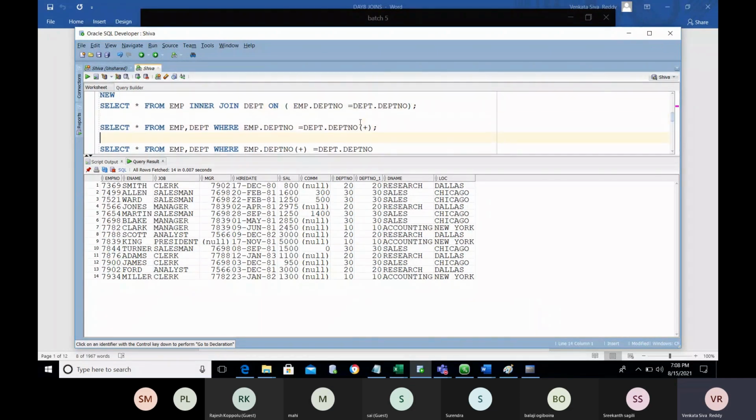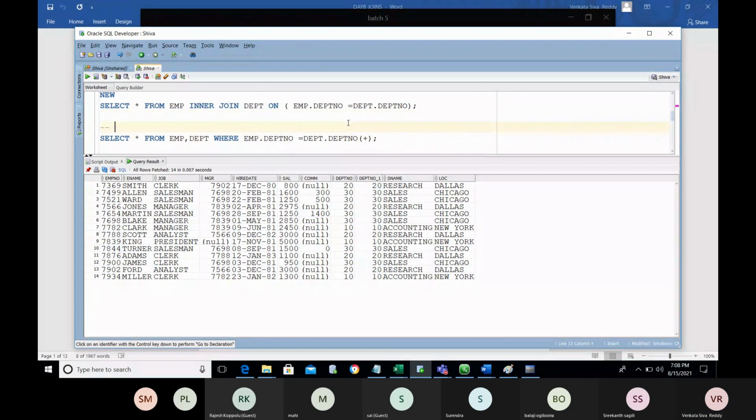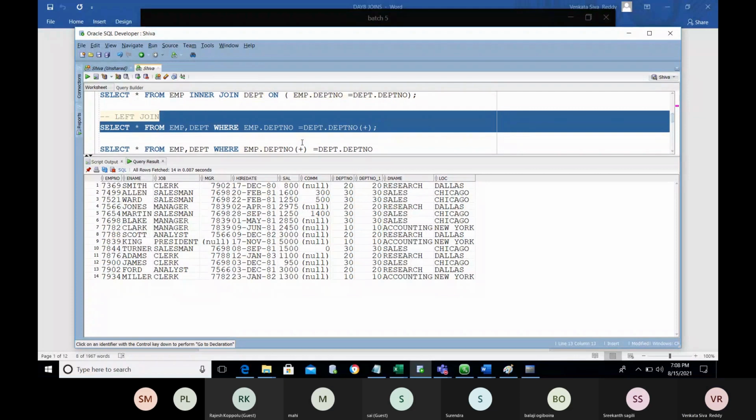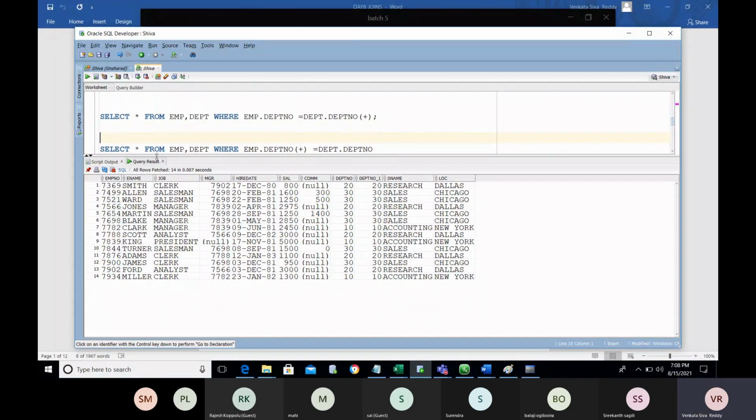Now I am going to use the left join. So now I am making it a left join as the new method. This is ANSI join.